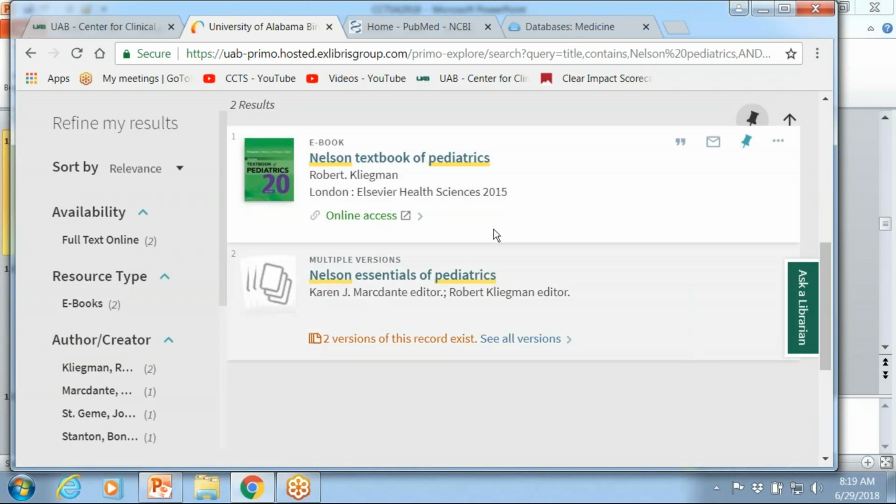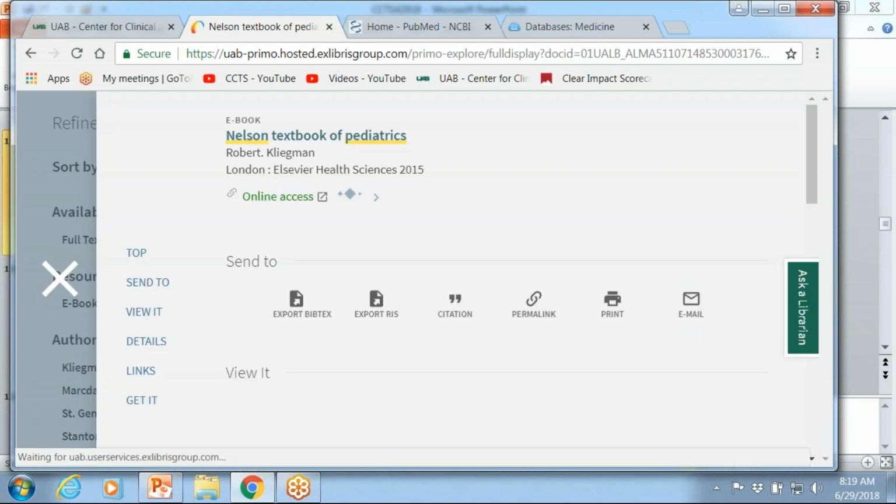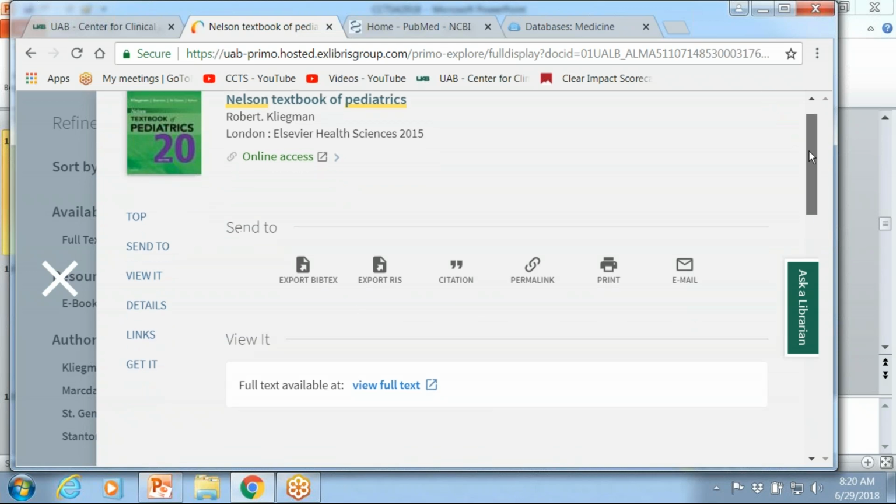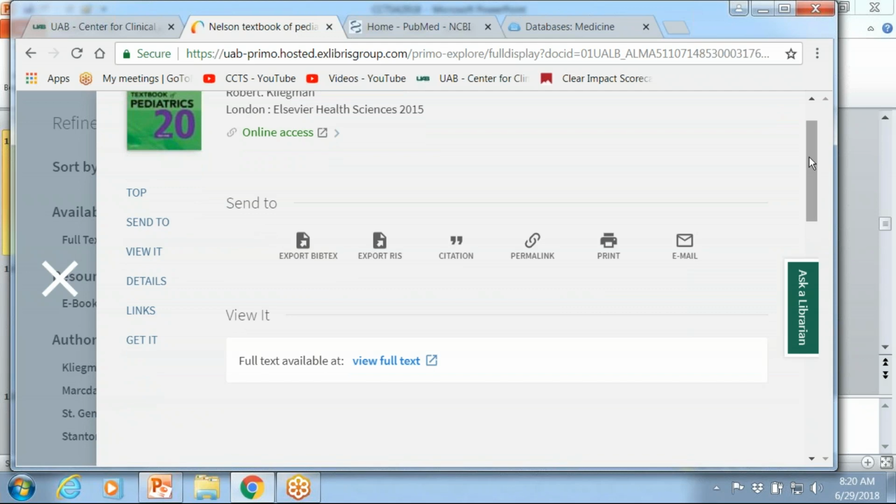Nelson Textbook of Pediatrics. At this point you can click on the online access and go directly to it, or sometimes it's better to start with the link in the title to make sure there isn't anything weird you need to be aware of. Sometimes only one person can use it at a time, and if you click on the online access immediately and can't get to it, you may wonder what's going on, and maybe somebody else is using it at the same time.